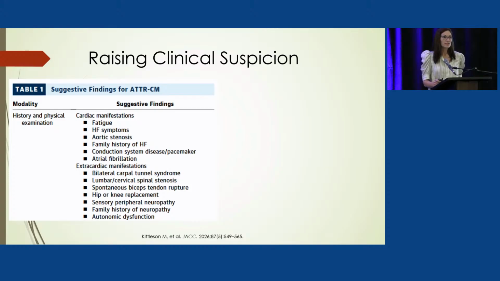So amyloid, as I'm sure you know, can present with pretty non-specific features, and often these features just resemble those of more common age-related cardiac conditions. This is a table from the recently published ACC Concise Clinical Guidelines for ATTR cardiomyopathy. As you can see here, the cardiac manifestations, heart failure symptoms, family history of heart failure, conduction disease, AFib, again, very non-specific features. Extracardiac manifestations, carpal tunnel syndrome, spinal stenosis, these are all things you need to think about